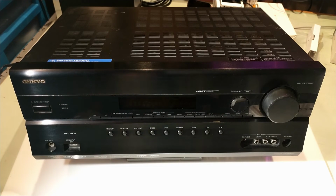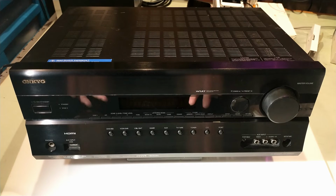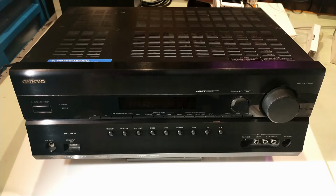shop or some secondhand store, it is very common now to find these receivers in these places, because people are getting rid of their Blu-ray players and their surround sound systems. They're just simplifying. But at this point, there's still no better way to have a true cinematic experience with surround sound than to have a true amplifier that is built for THX or any of the true surround sound. Let me go over this and maybe help you to pick out one